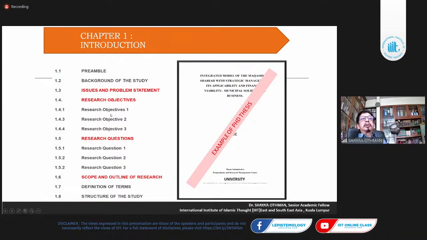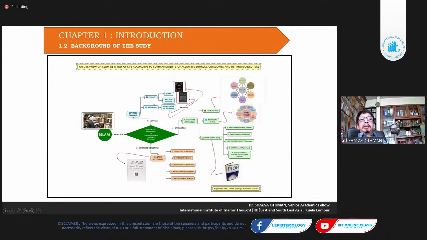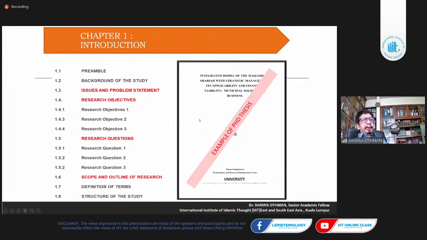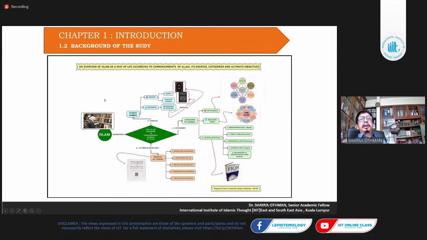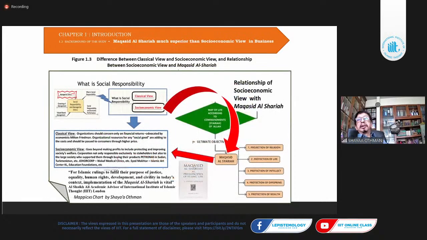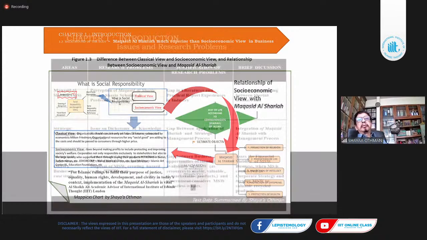These are examples of data analysis. See this introduction, this is chapter 2, mentioned here in detail, with a description. In your introduction, you must be able to explain everything you have read, what areas of interest, and your subject relating to your objective. This is just giving an example of the content in terms of format.